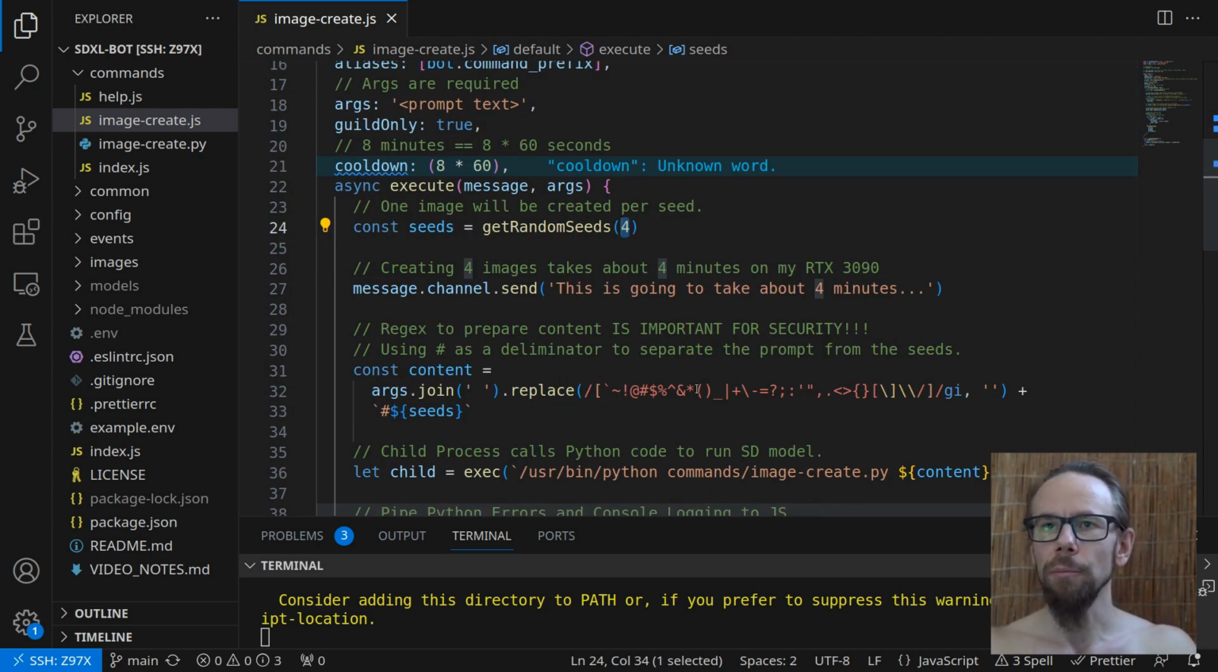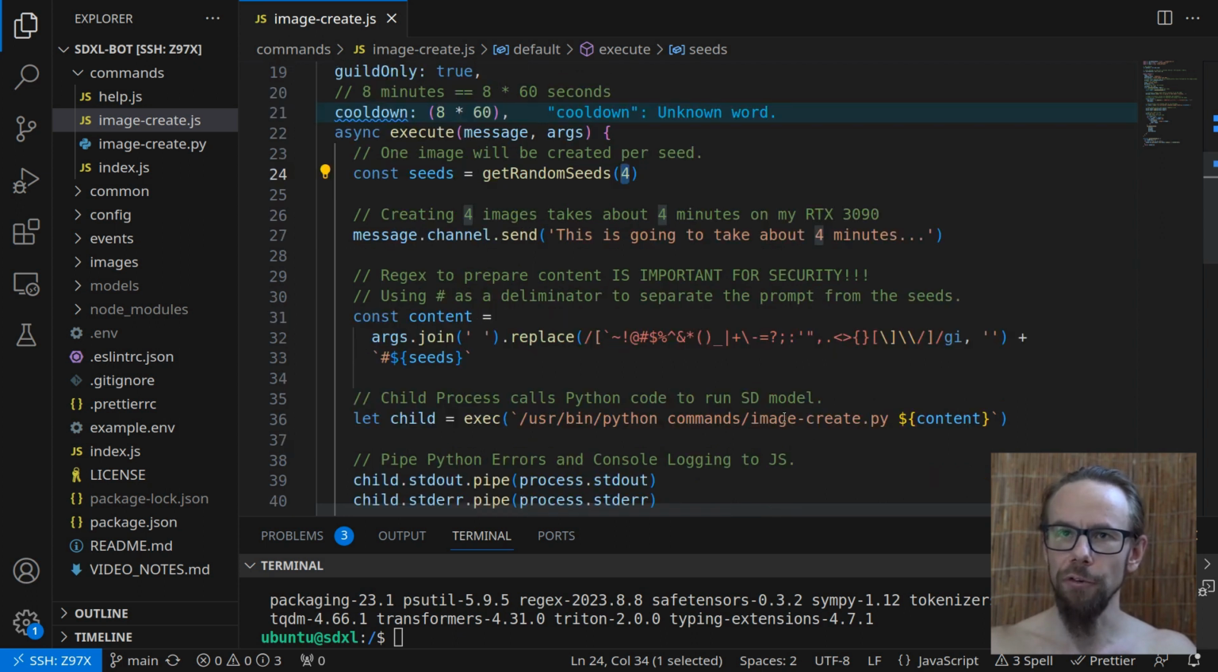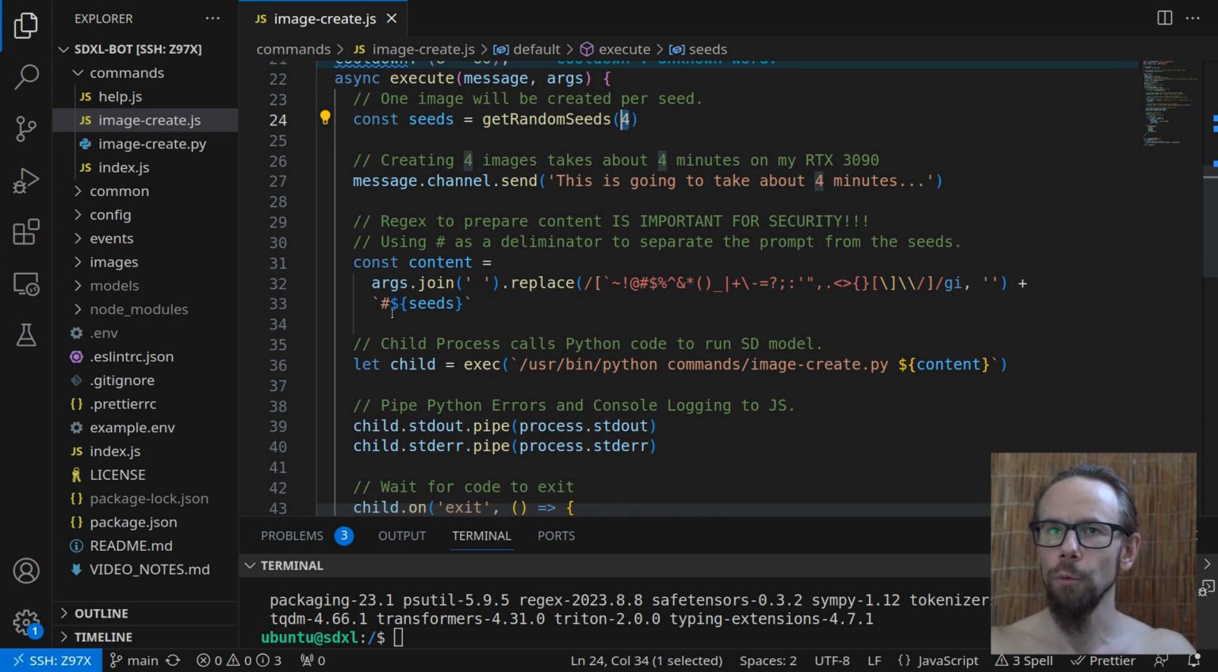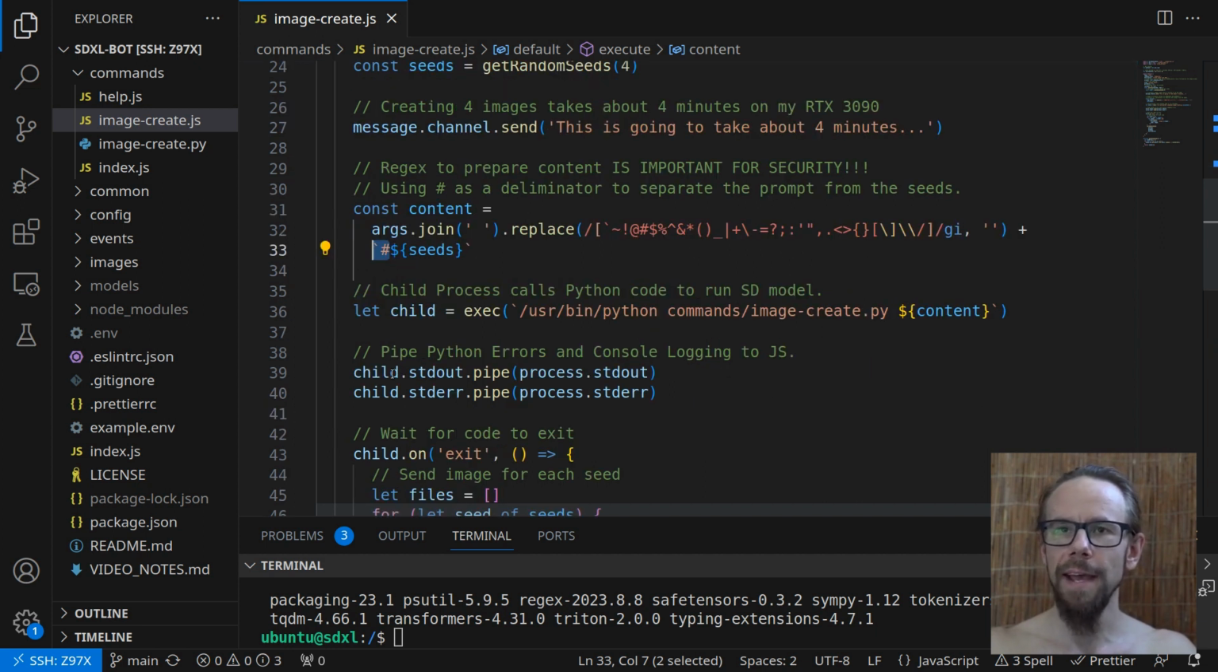And then since we are using a child process, we need to use regex to escape all of the symbols that could be used for command injection and everything that we don't want to be going into the SDXL model. So we'll be using this delimiter in order to put the seed list in there right next to the prompt. And that goes in here using child exec. And this pipe allows us to see what's going on when we are